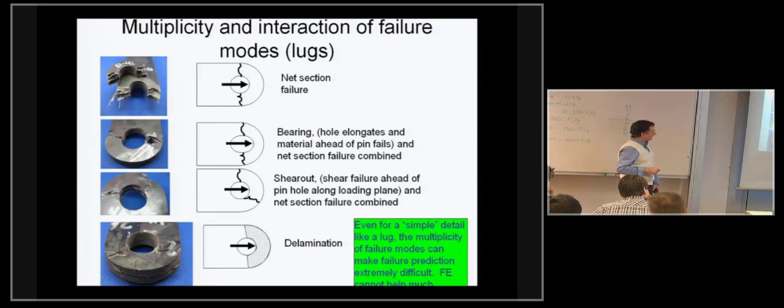And as if all this again were not enough, and it's hard to see here, there's a big delamination, and you will see a similar case on the part that I'm going to pass around. This one was not loaded in the longitudinal direction, it was loaded in the transverse direction. But if you look at it closely, you'll see most of the failure modes. You will see that the hole has elongated in one of the two directions, which means there's a bearing failure in that direction. You'll see that the material has moved out of the way, you have local compression failure. And you will see, if you look at it on the edge, basically a huge delamination where the layers have